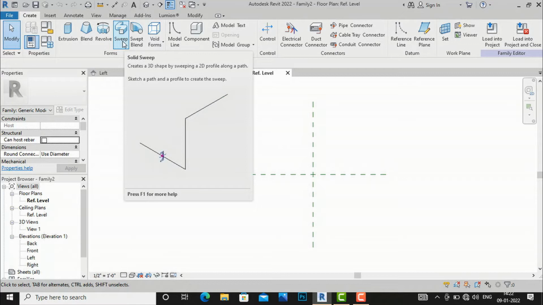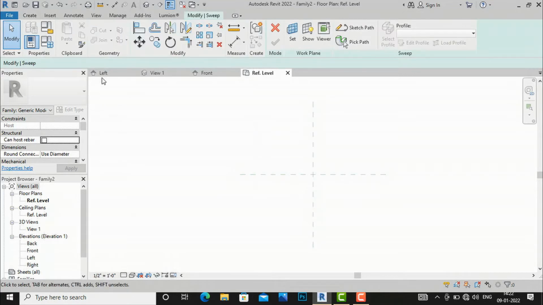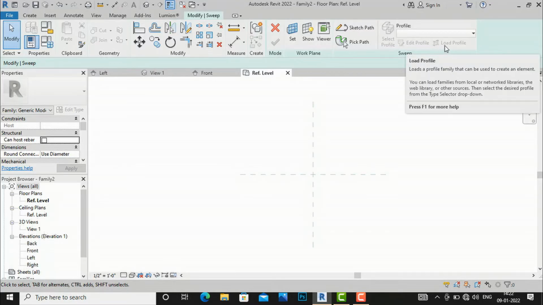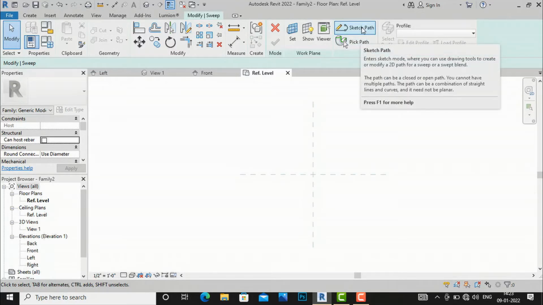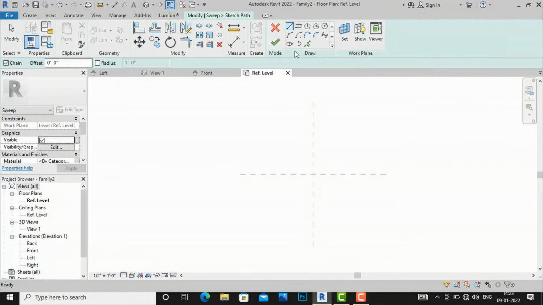If I select this sweep command, you can see here this is a sweep, and this one is a sketch path. That means you need to draw a path here, and after finishing the path you will create a profile, or if you have previously downloaded some profile, you can load the profile here also. I will first select this, and you can also pick path. So I will make you understand what this is. I am going to first select sketch path here, and now I am going to draw a simple path here, that is a straight line,